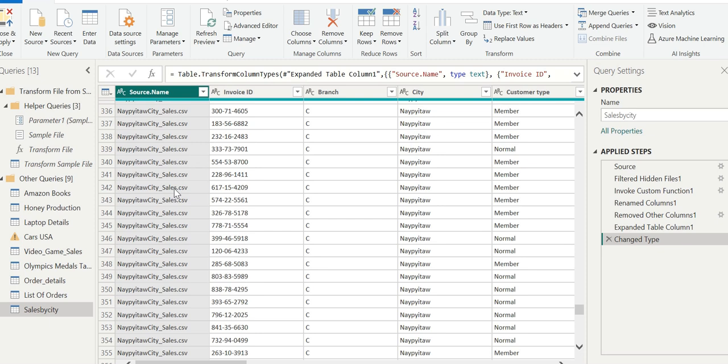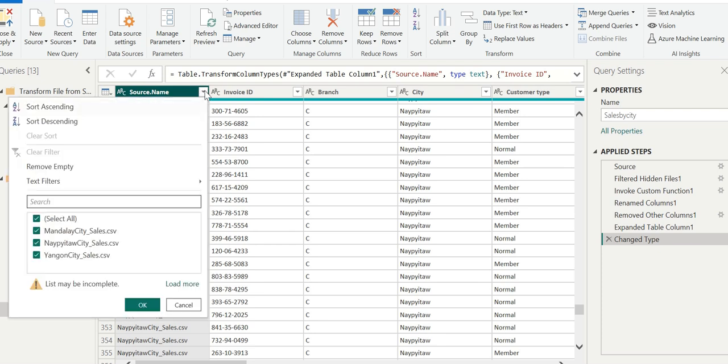If we scroll further, this can be important information for analysis purposes. But we don't care which file each row is coming from, and we already know it from the city. So in that case we just need to remove Source.Name if we really don't require it.